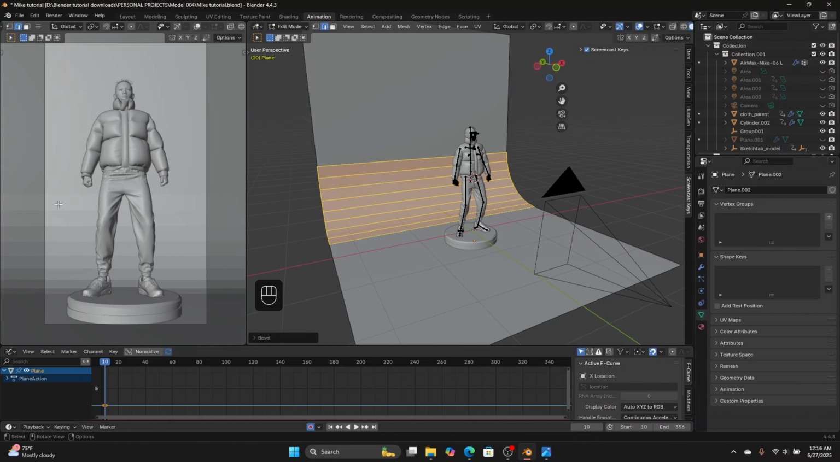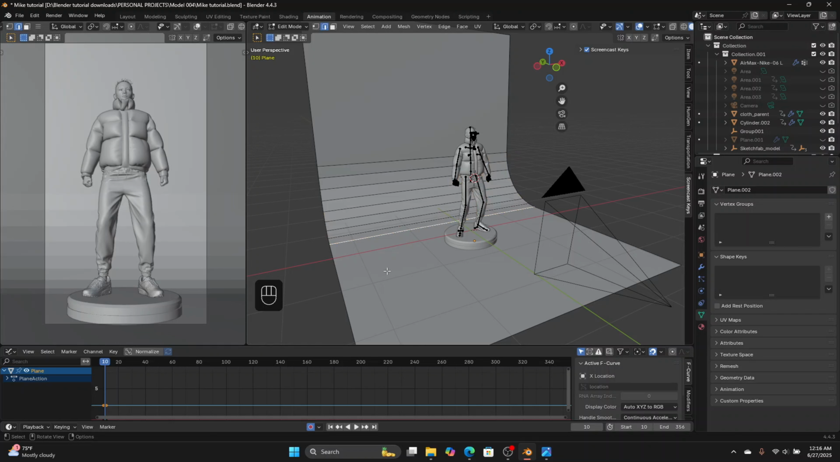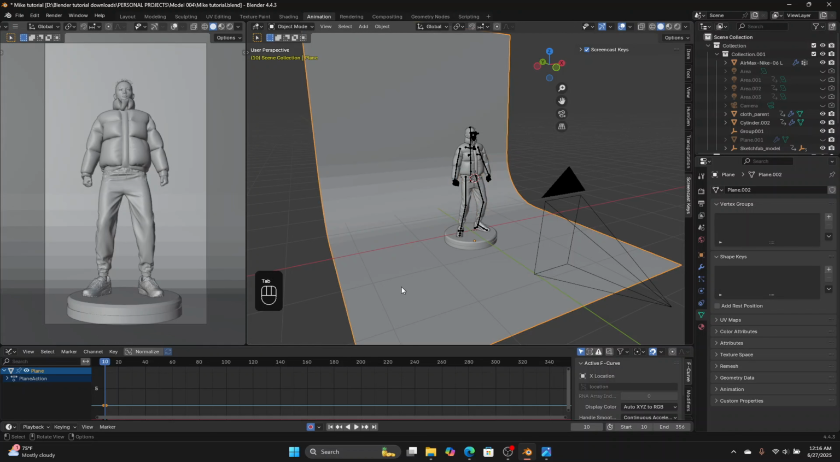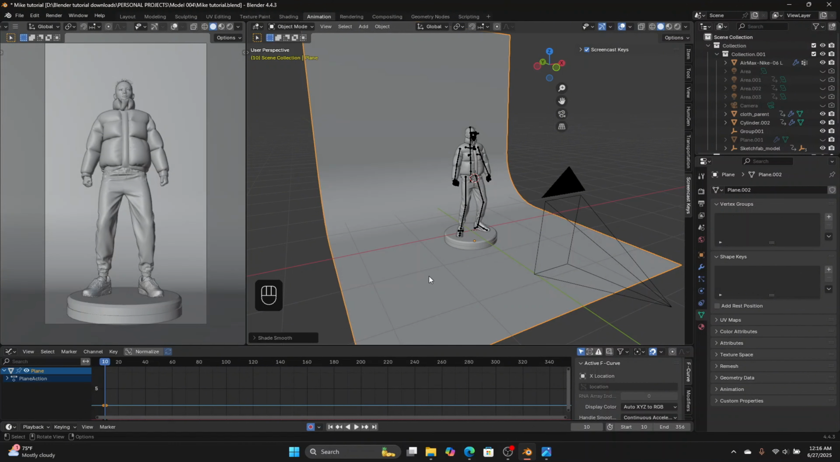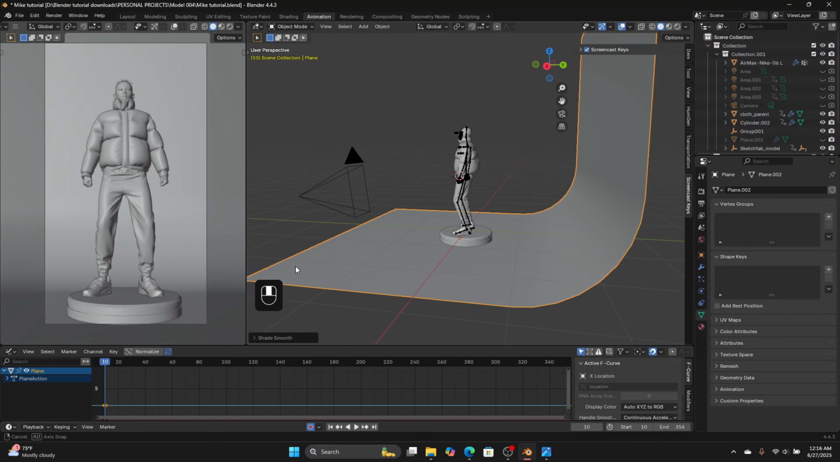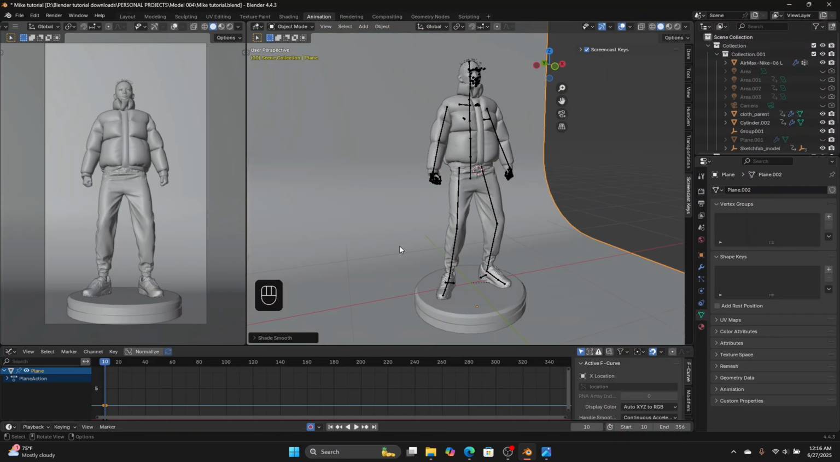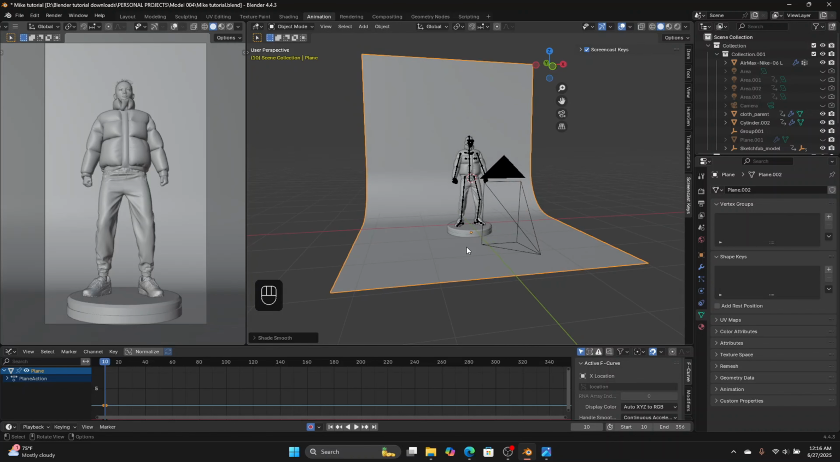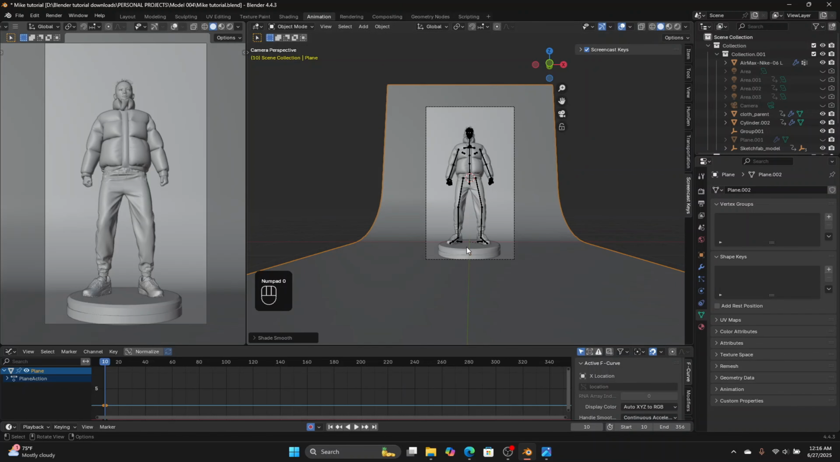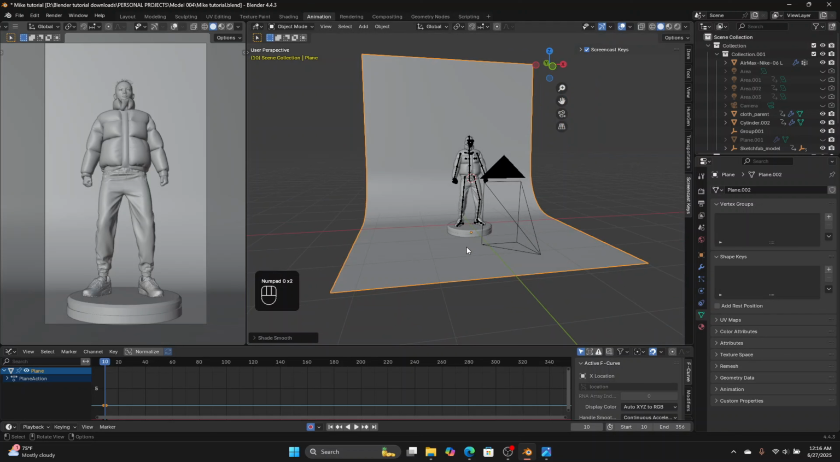But if you look here, you'll notice that these edges are actually showing. They are not as smooth. So to fix that, tap out of edit mode and right click and select Shade Smooth. And as you can see, this is looking smooth already. That has fixed that. Now that we have our camera all set up, we now want to go into the next phase,